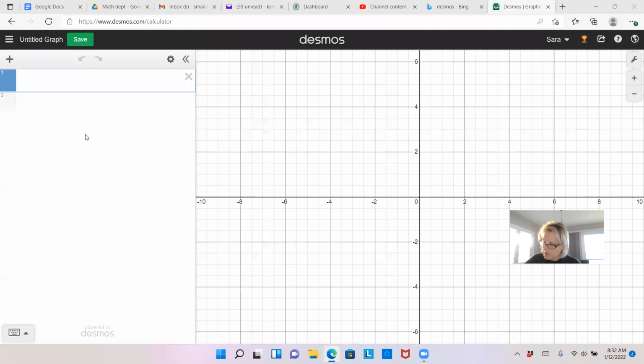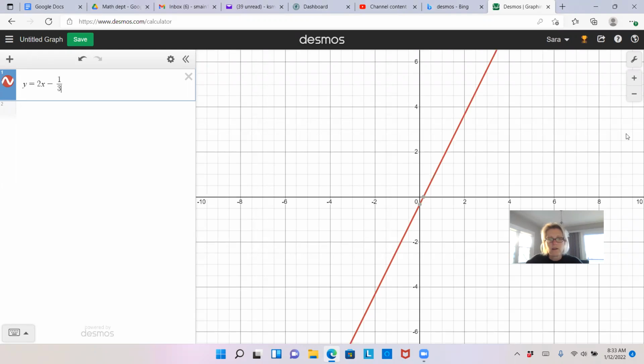So in Desmos, I am going to write my equation y equals 2x minus 1/3. And it's definitely a positive increasing graph. So you can see right there where I put my mouse on where it's crossing the y-axis, that is my y-intercept in decimal form. And you can see if I go over from 0, so let's pick a point that falls on a